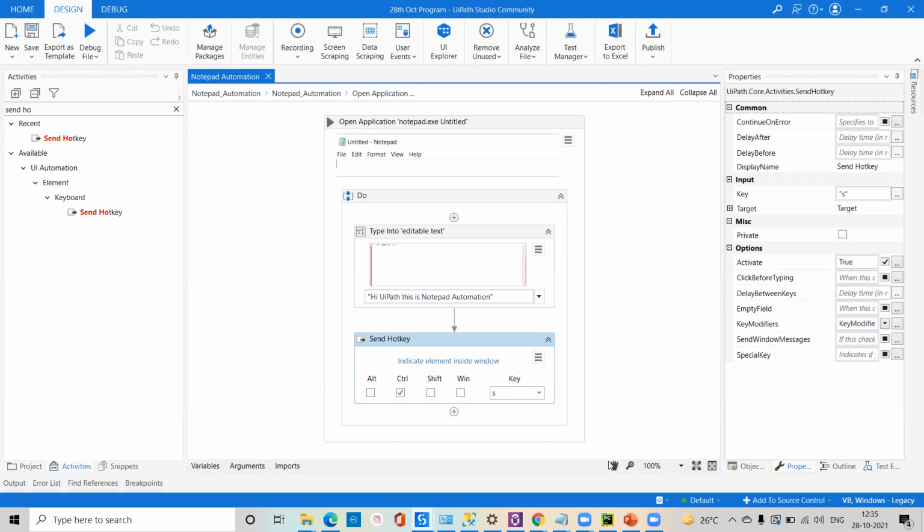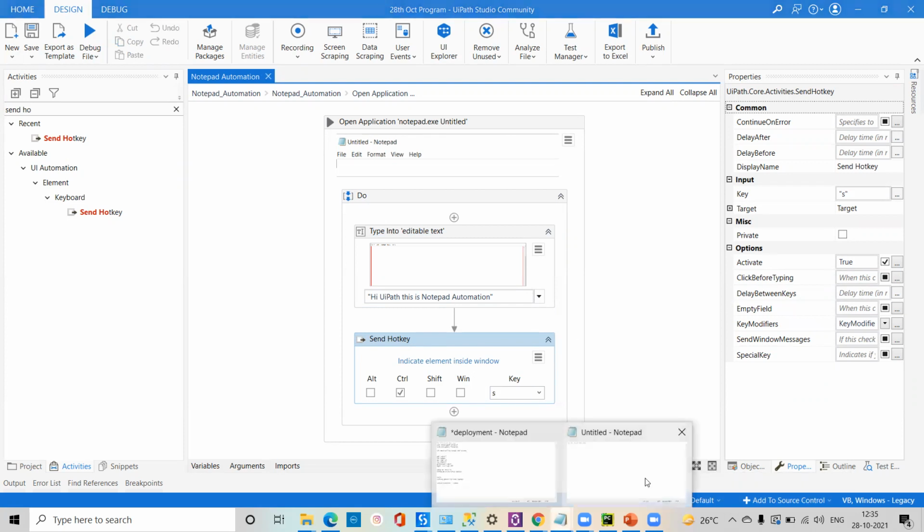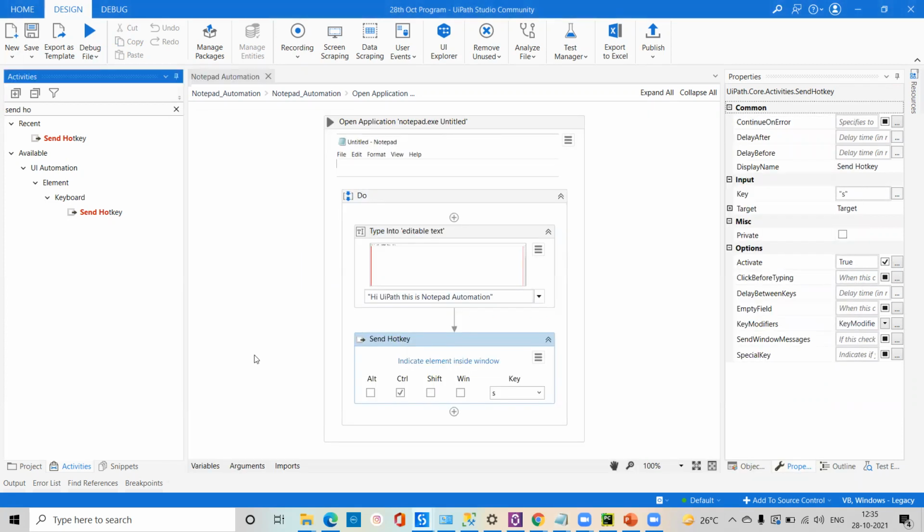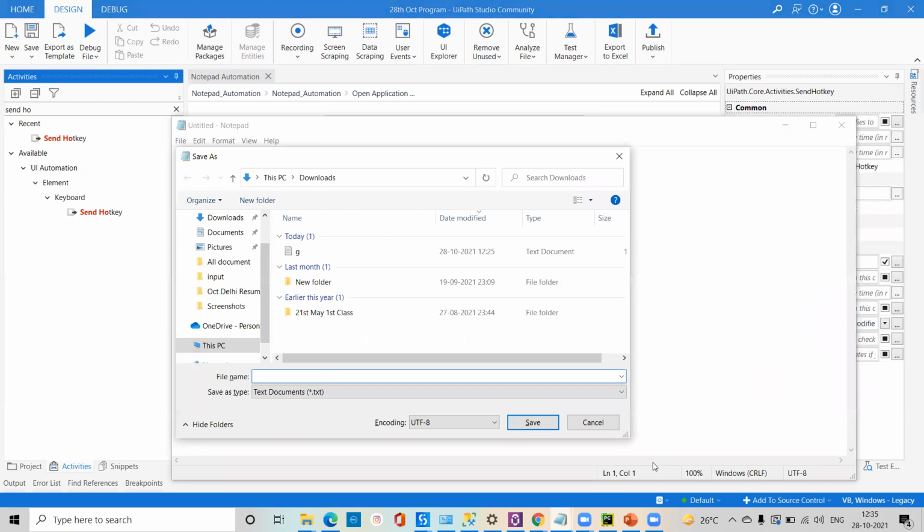Whenever you launch this notepad and it comes to this page, if you press control S, we'll get this window. Here we have to write the name of your workflow. So we'll go to UiPath and take the activity. Here we have to write something. For writing anywhere in a text box, like in a web-based application or any desktop application, everywhere we'll use this activity called type into.